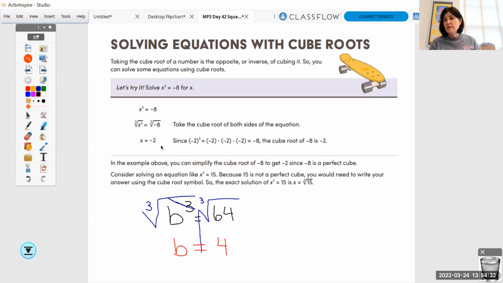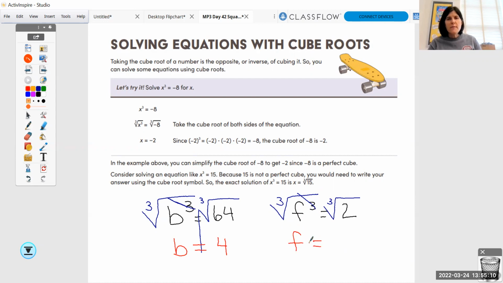All right, let's look at another example. So I'm going to the problem right next to this problem. So we have f to the third power equals 2. All right, so let's solve this. The way we're going to solve it, we see that it's a cubed variable. So to undo cubed, we have to do the opposite, which is cube root. That cancels out my 3's. If I cube root one side, I have to cube root the other side. And so now I end up with